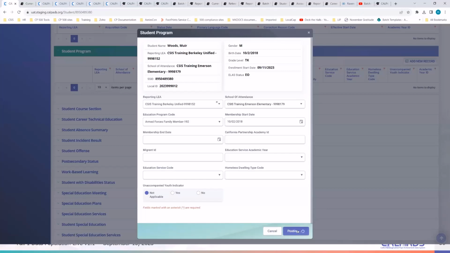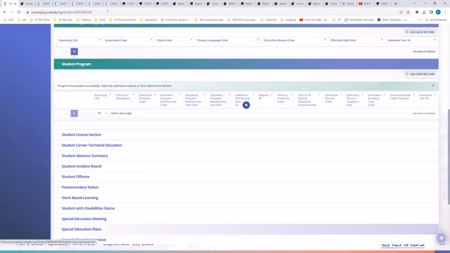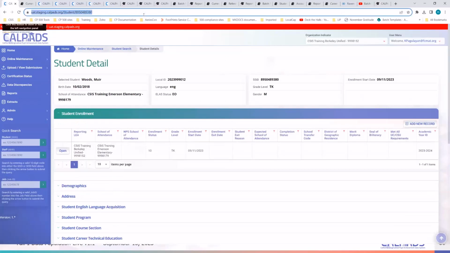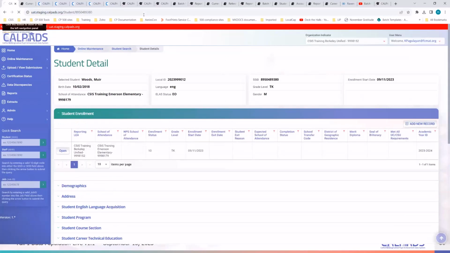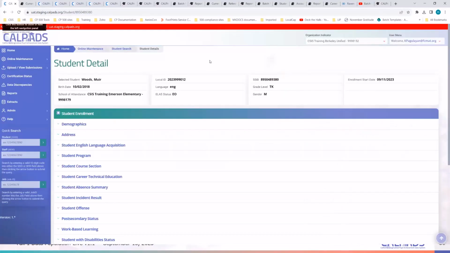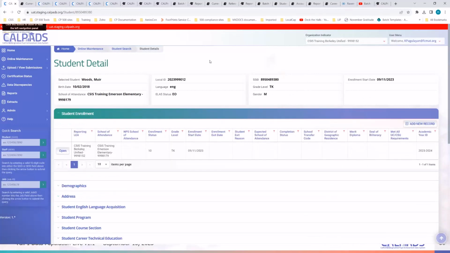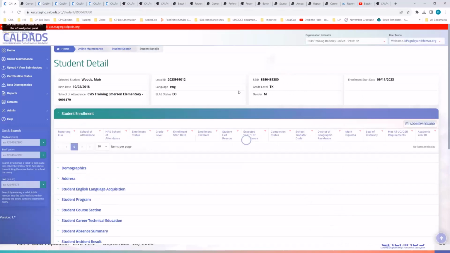If this is a program in CalPads coded as participating, then you will need to use the enrollment start date as the date. Or if it's an NSLP record, the earliest date you should use is the enrollment start date. Okay,